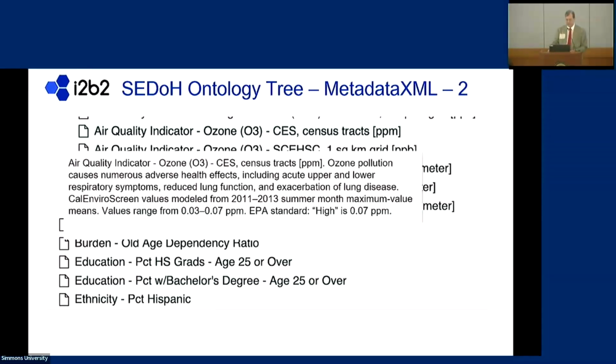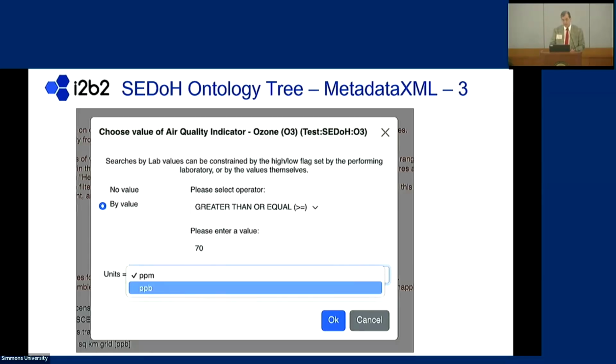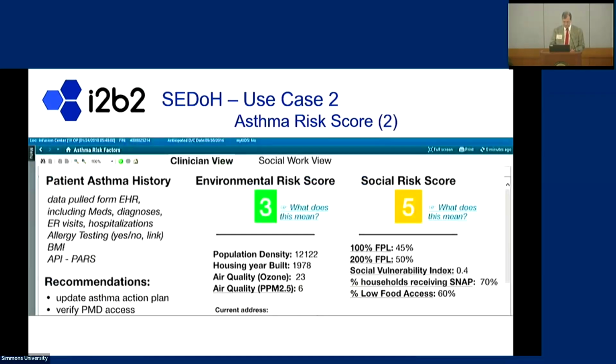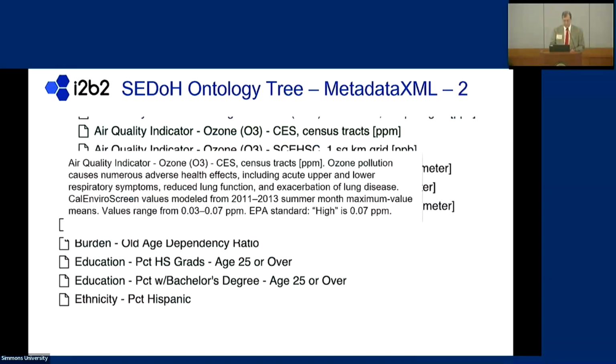This ozone came from the California EnviroScreen, which is California EPA. The bottom line of the tooltip tells you that the values in our databases range from 0.03 to 0.07 parts per million. The EPA standard for what's considered high ozone level is 0.07 parts per million. Let's say that I'm interested in finding out who lives in a census tract area that has high